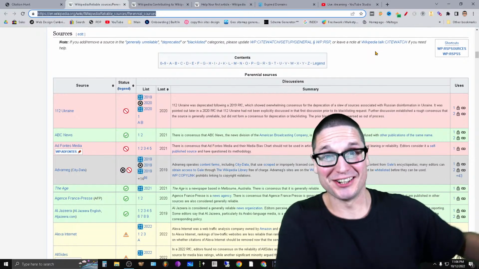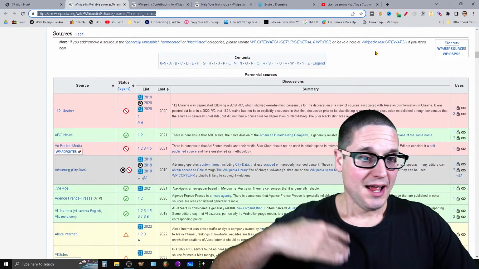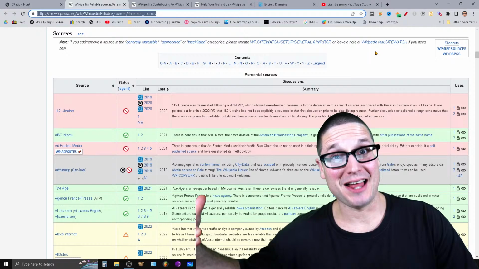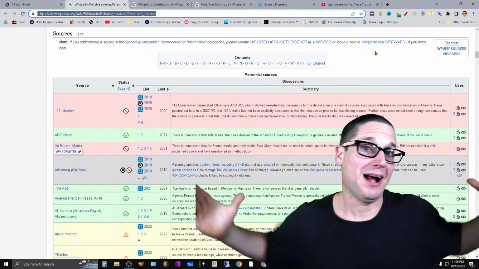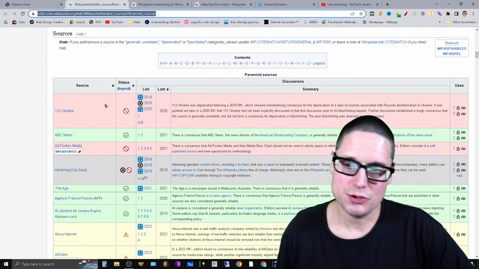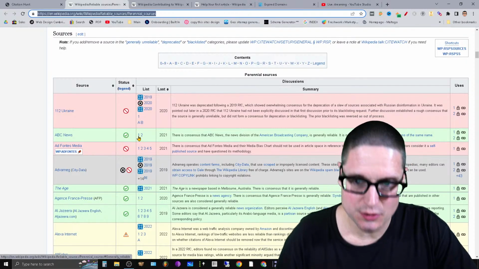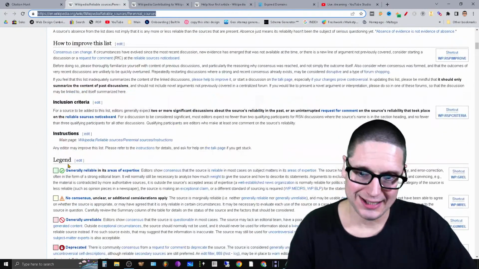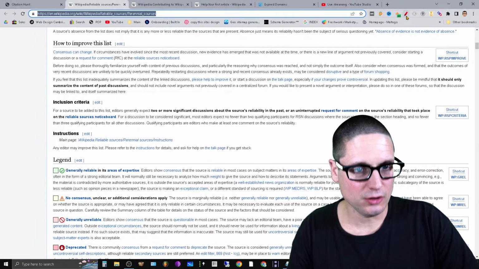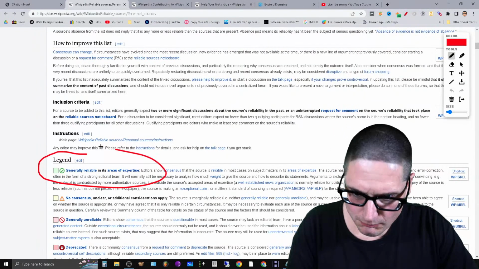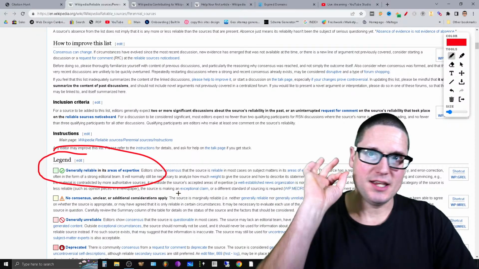I mean, Google's already looking at this stuff, right? So, hey, if Wikipedia thinks it's reliable, what do you think Google thinks, I wonder? I'm not sure. So what we can go do is we'll go down this list here like ABC News. There's what is called a legend here, all right? So if you take a look at this legend, you can see here that the green is golden, all